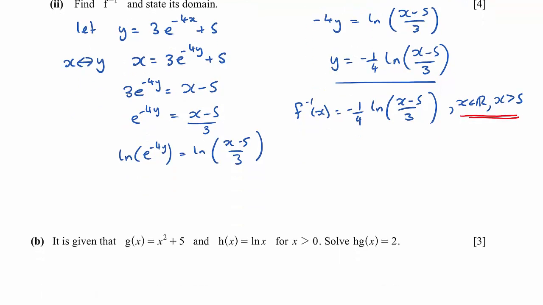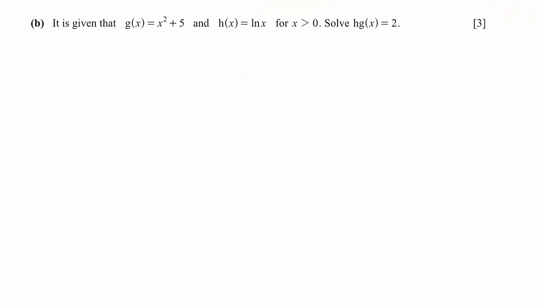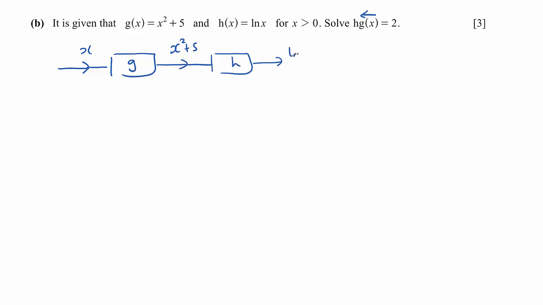Okay, so moving on. We're given that g of x is x squared plus 5 and h of x is ln x, and we're told that x is greater than 0, so solve h of g of x is equal to 2. So h of g of x, remember x comes in from this side, so it goes through g first and then h. So if we start with x here and we put it through g, out pops x squared plus 5, and then it goes into the function h, which takes the natural log of whatever goes in,